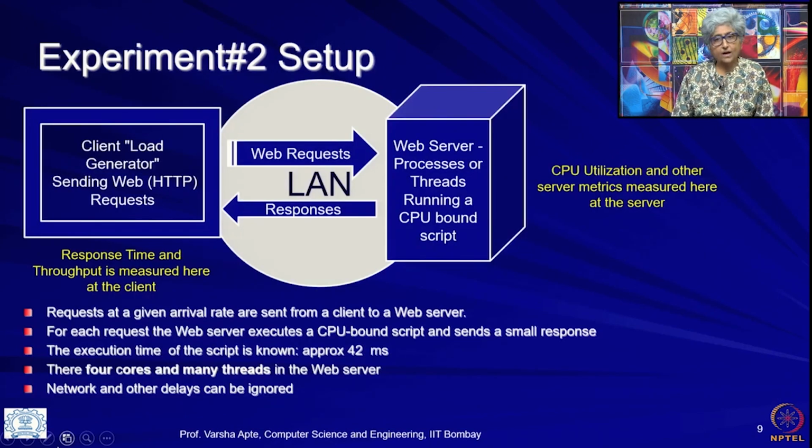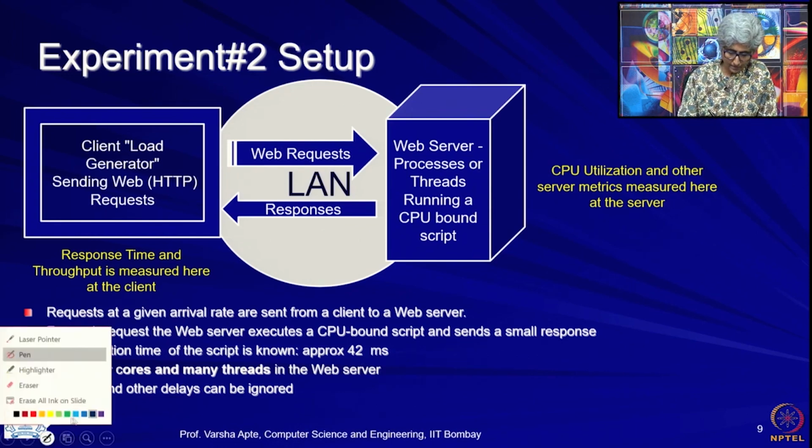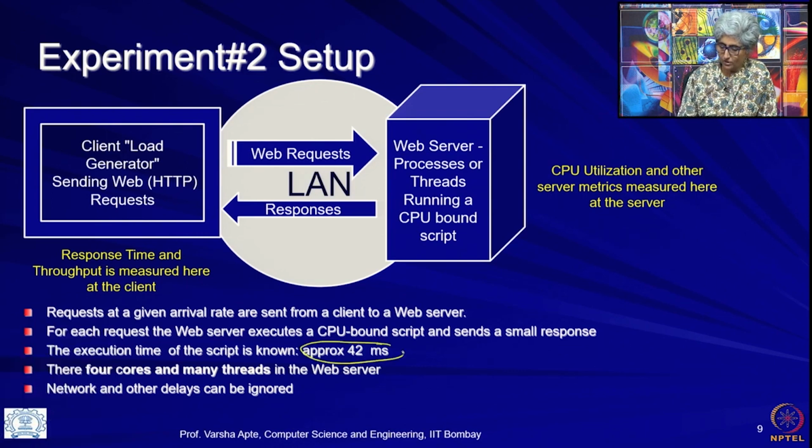Okay, so now I want to show one more experiment in the same setup, largely the same idea. There is a web server, there is a load generator. This time the only main difference is that the script is different. The script is taking 42 milliseconds instead of 50, and we have 4 CPUs here. Okay. If I show a CPU like this,